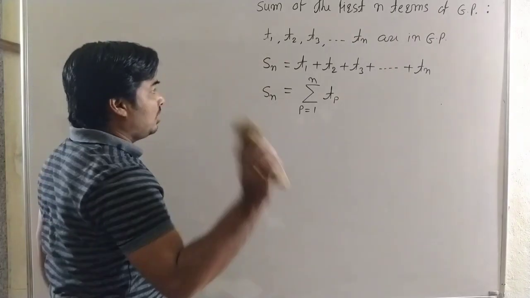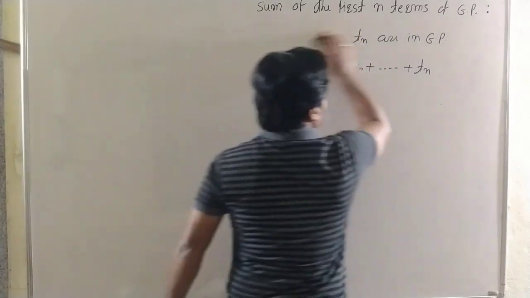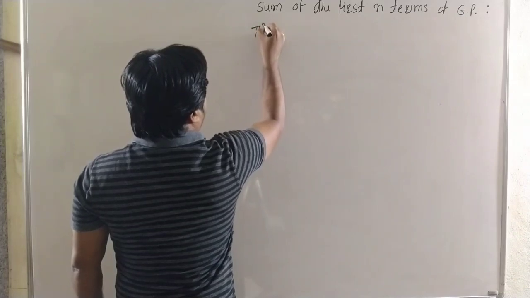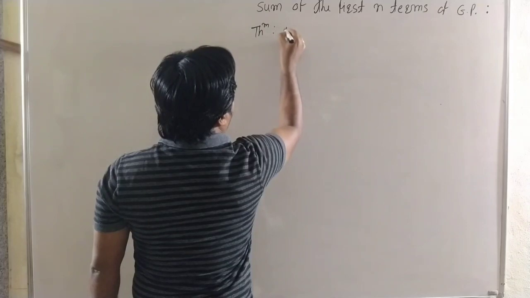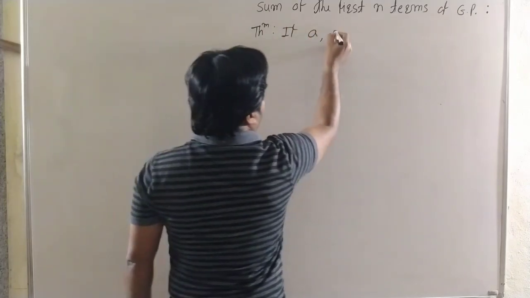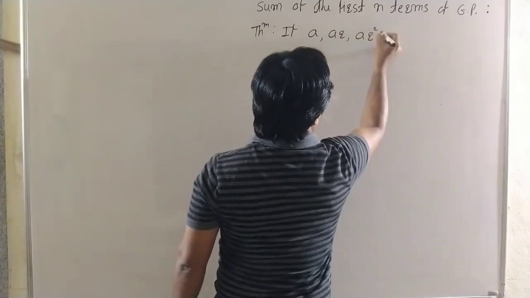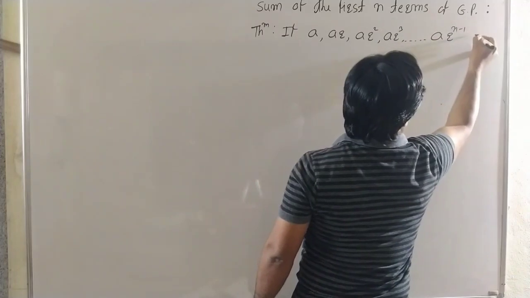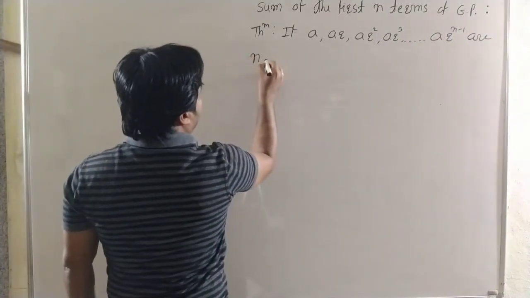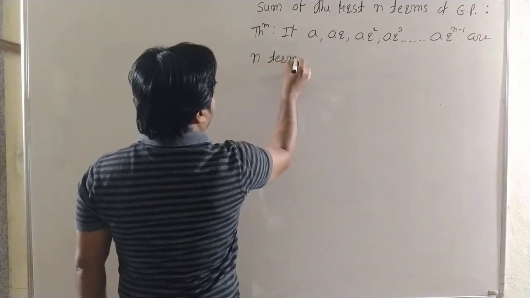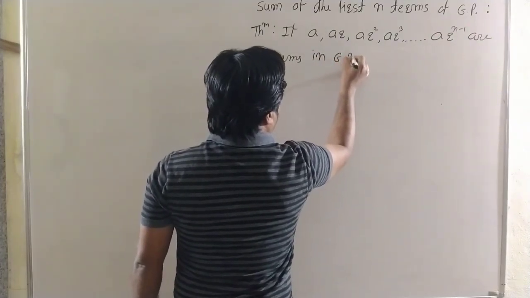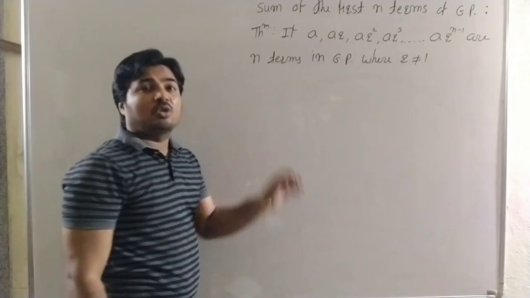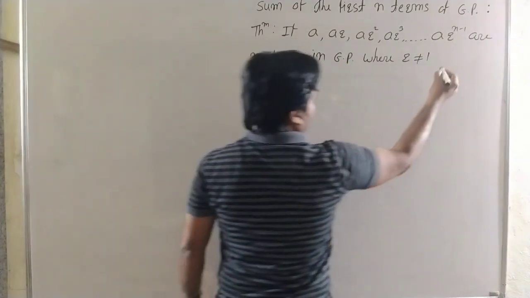Here we take a theorem. If a, ar, ar square, ar cube up to ar to the power n minus 1 are n terms in a geometric progression where r is not equal to 1, that is, the common ratio r is not equal to 1, and a is not equal to 0, where a is the first term,